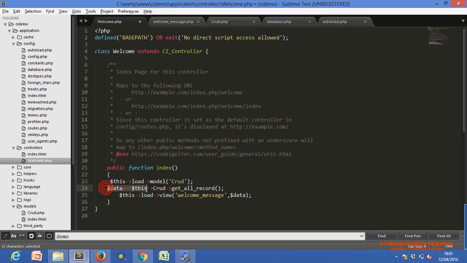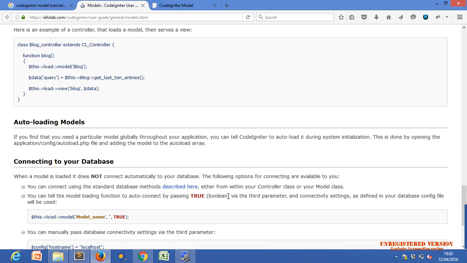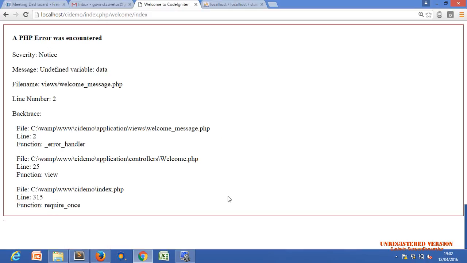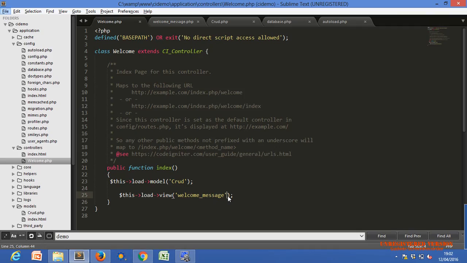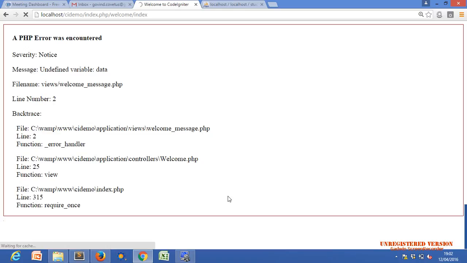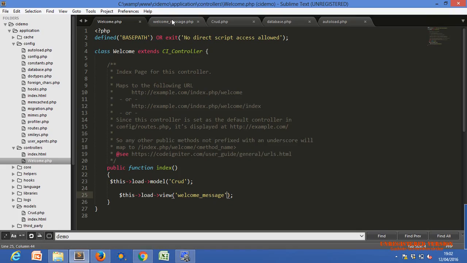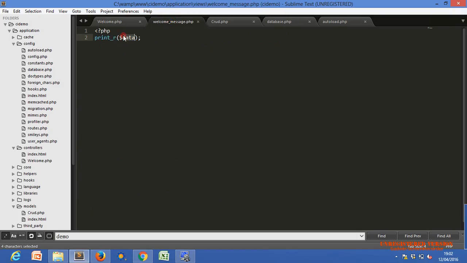Is it getting any error or any critical error? The function is not an error. And then label data. Let me remove data here also.